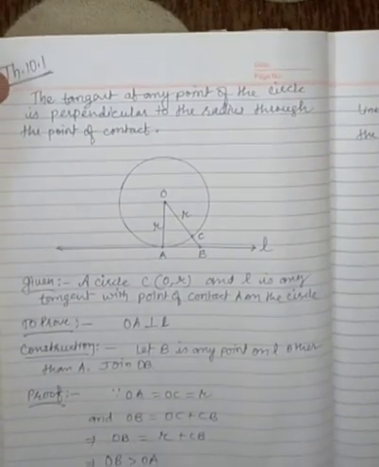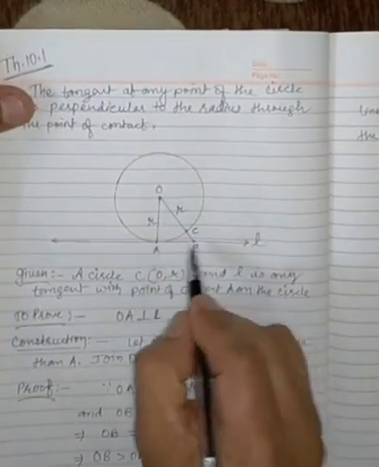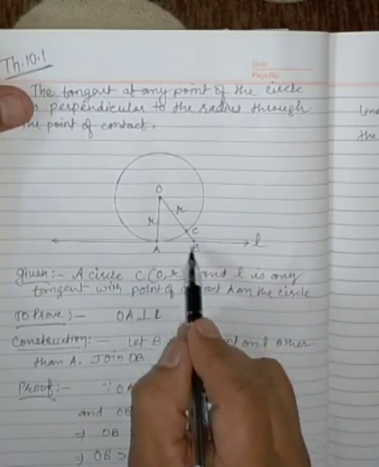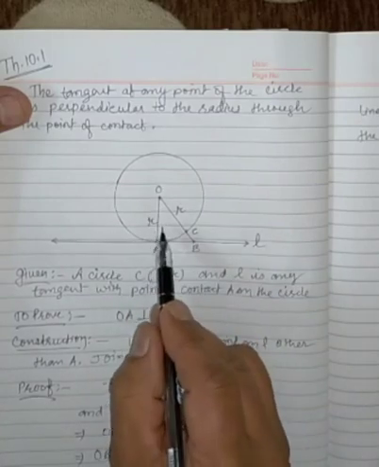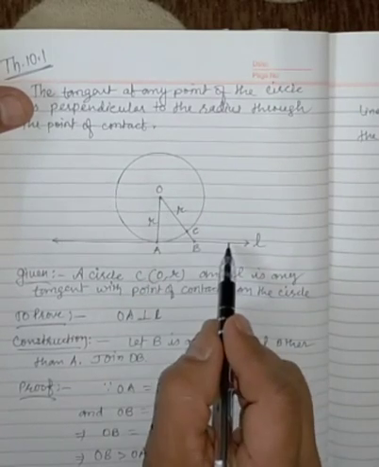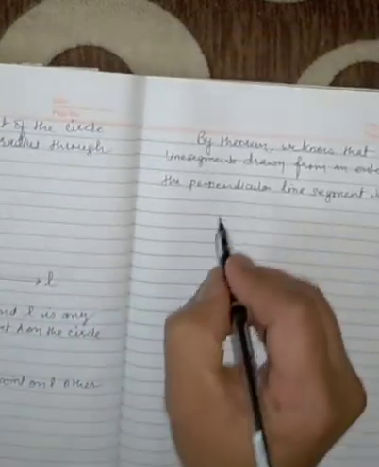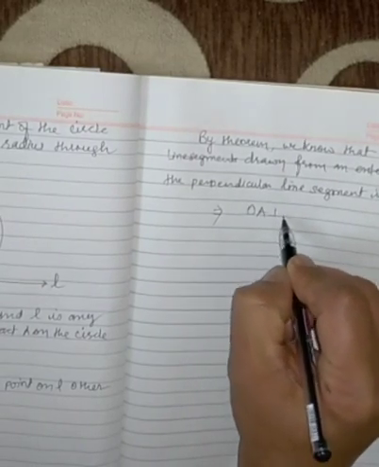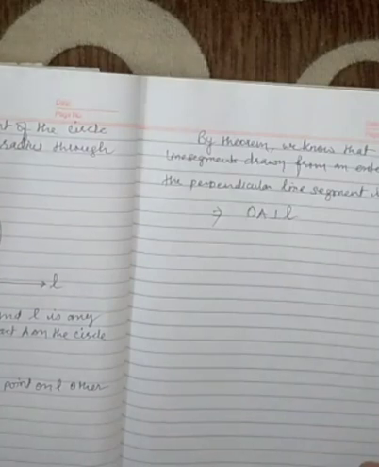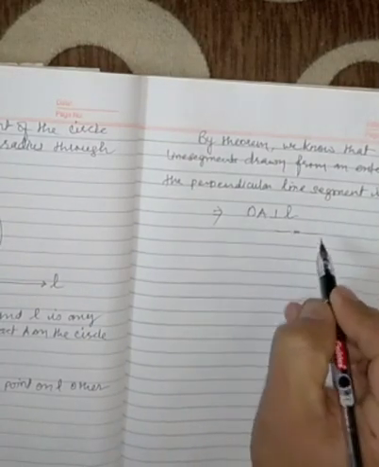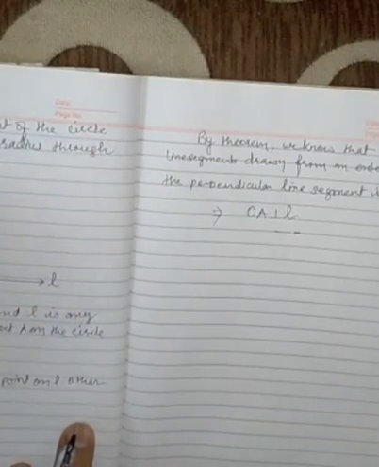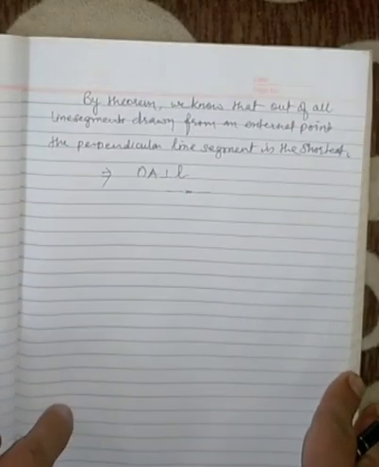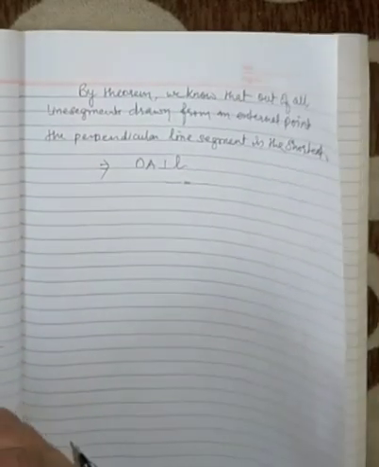Basically here we have taken only one point other than A. We can take many points, but we will find that only OA is the shortest compared with the other line segments. So out of all the line segments like OA, OB, or any more points, OA will be the shortest. Therefore, being shortest, OA is perpendicular to L. So this proves the theorem that the tangent at any point of the circle is perpendicular to the radius through the point of contact.